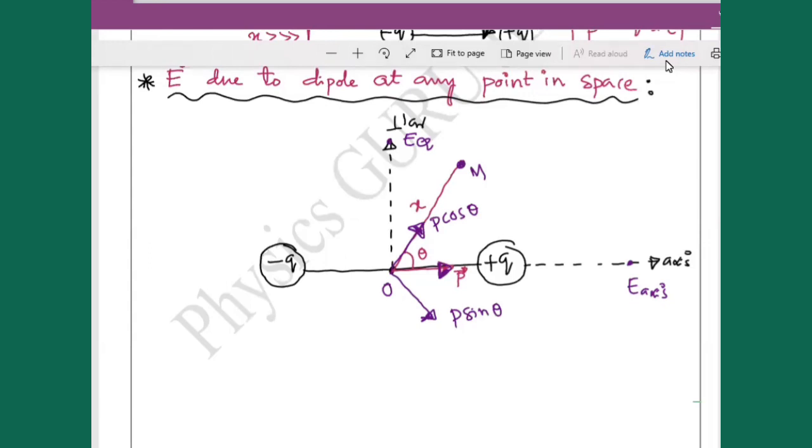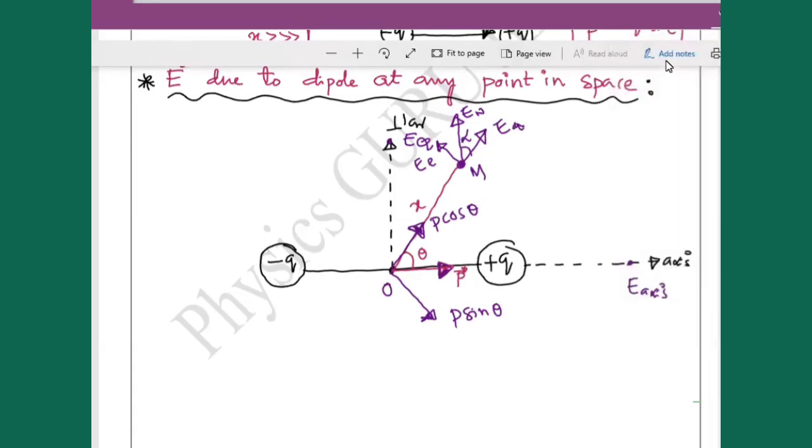Okay. Now what we have to do is extend this one. So this will become E axial, right? E axial for this one, and this will become E equatorial. So E axial and E equatorial. If I want the net, this will be E net. Let me take this angle as theta and this angle as alpha. Fine. Is the diagram clear to all of you? Yes, sir. Okay. So according to this line, this is nothing but axial.